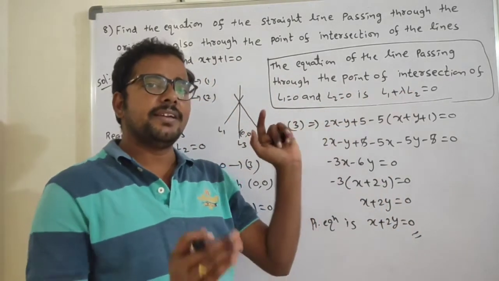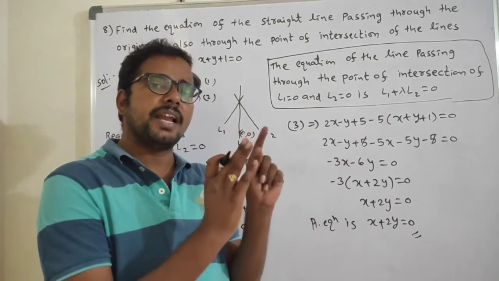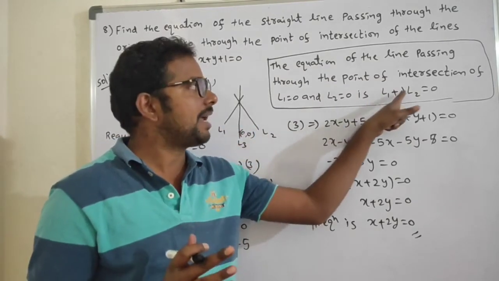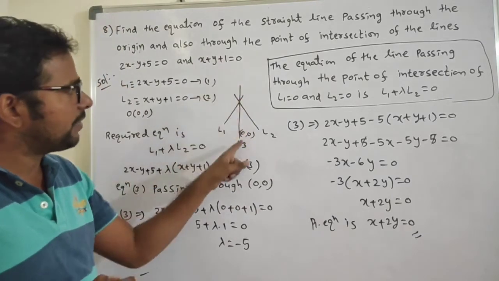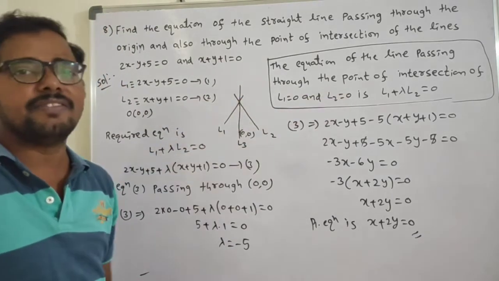And the equation of line passing through the point of intersection of L1 and L2 is L1 plus lambda L2 equals 0. And the line other than L1 and L2 that comes, that line's equation is L1 plus lambda